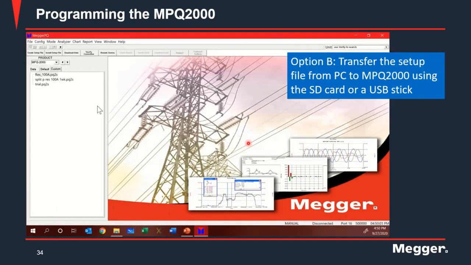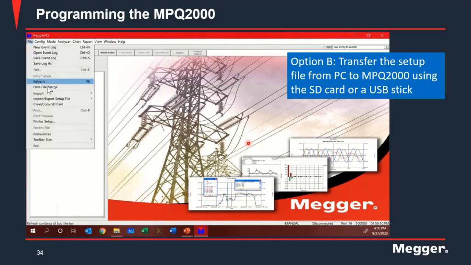Option B is to transfer the setup file from your PC to the MPQ2000. You can do this using either the SD card or a USB stick. The way to do that is by going to File and then selecting Export Setup File. So you go to File and then select Export Setup File, and when you click on that, it opens up